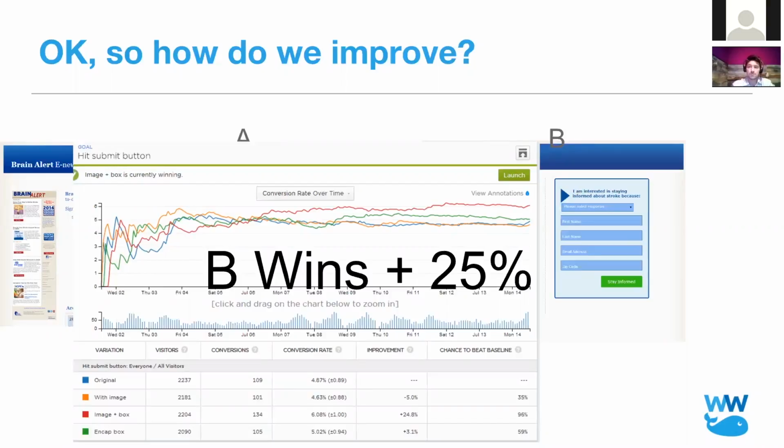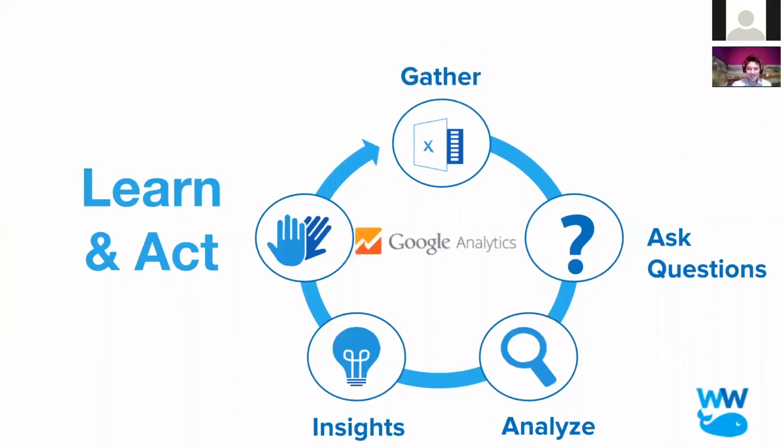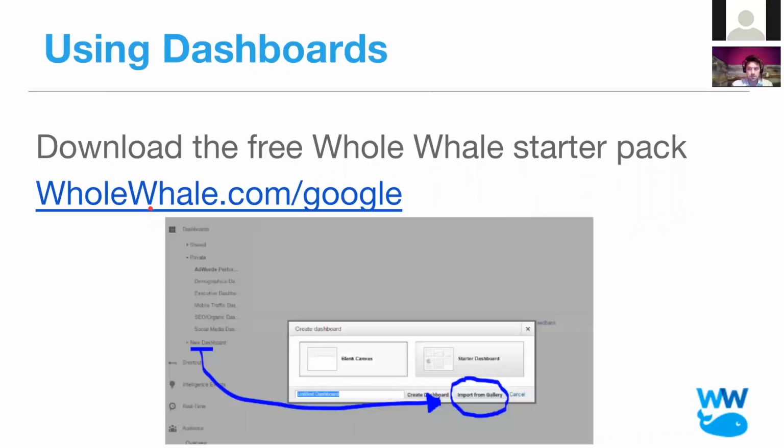25% to me is like you just got back a quarter of your year in terms of your effort and work. You're going to hit all of your targets that much earlier because you spent a little more time A/B testing. We love this stuff though, and you can see I get all fired up about it. Okay, learn and act. So we've made our way here. You understand how I'm doing the analysis and driving the insight so that there's an action. We're doing a thing as a result of the data. We love making sure that there is action.